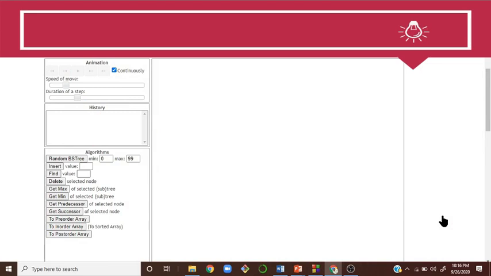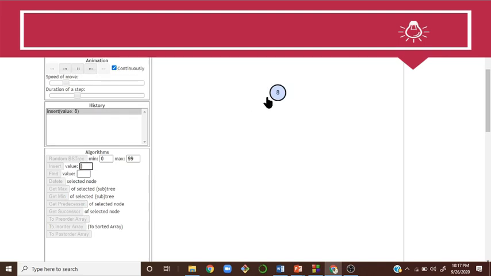Alright, this is the simulator page where you can see all the options. Here it's given as binary search tree, and it's applied for binary tree also. Binary search tree is a separate topic that you can see in the next video. Let's understand about this traversal over here. You can see we have a random binary search tree. Either you can insert nodes, like you can see here, if I want to insert 8 as the first node, just press 8 and click insert. Automatically the node will be inserted, and that becomes your root node.